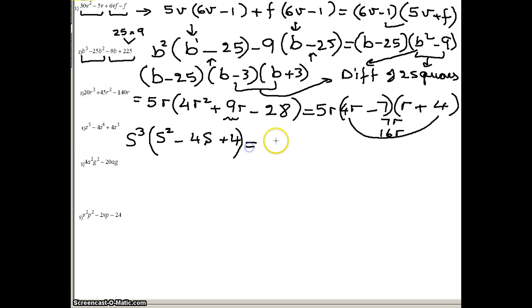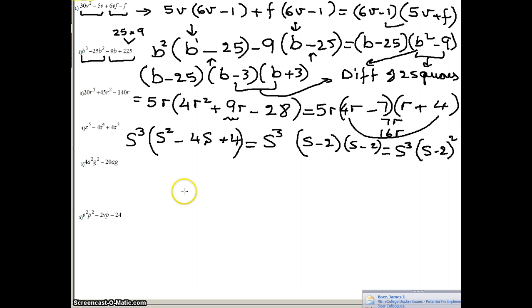So now it's almost done. We need to factor the trinomial. This is s cubed, so we need to factor the trinomial. To factor the trinomial, I need to look for a product of 4 and a sum of negative 4. Of course, that would be s minus 2, s minus 2. The product is 4, and the sum is negative 4. And of course, we can write this in one more step as s cubed times (s minus 2) quantity